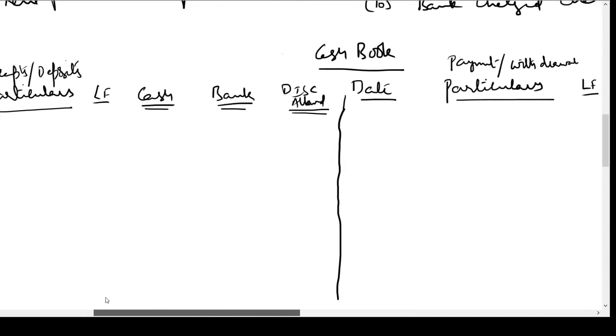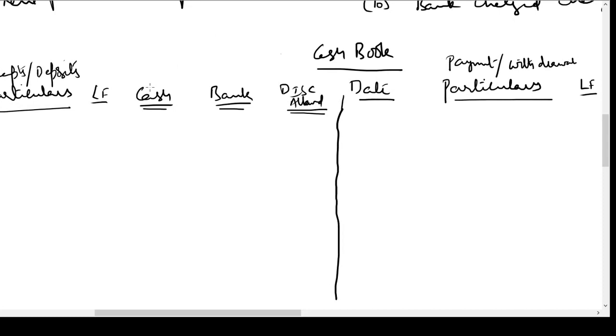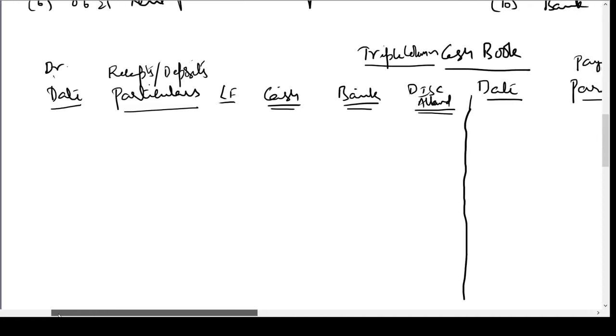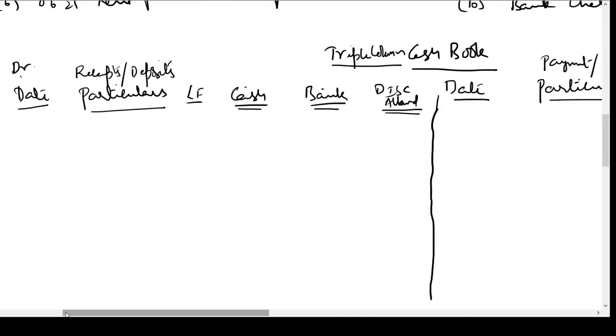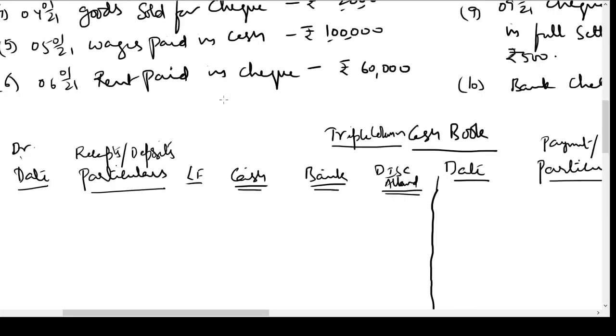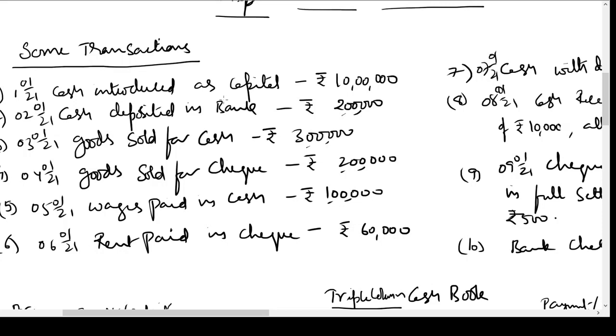The triple role is, it is going to record all cash transactions, bank transactions and related discount transactions. That is why this is called a triple column cash book, because it plays a triple role. When we prepare a triple column cash book, we need not maintain a separate cash book, a separate bank book and a separate account for discount transactions. Triple column cash book plays the role of cash account, bank account and also the discount account. Okay, let us see some transactions and we'll learn how to put them in the triple column cash book.